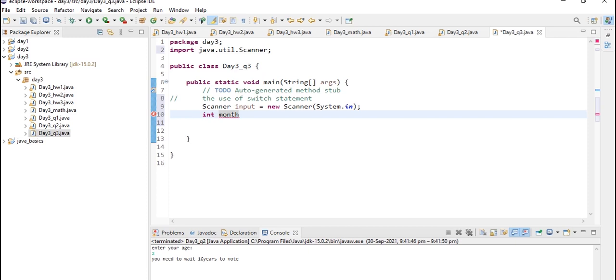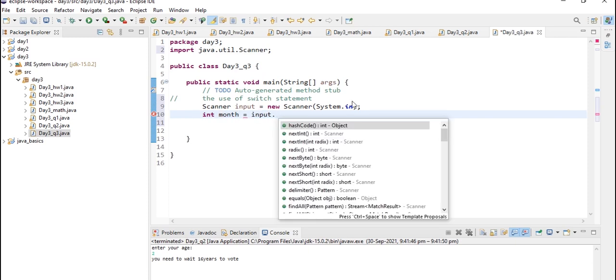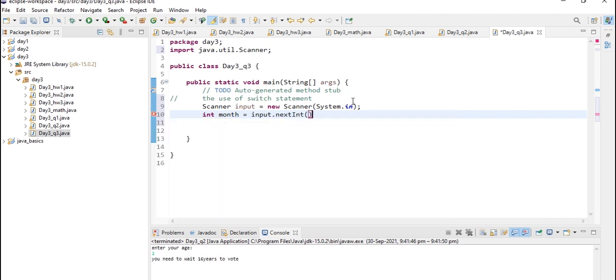Month is a variable, and let's take input.nextInt, which is a method in the Scanner class to take input for integers. One second, let's type enter month.